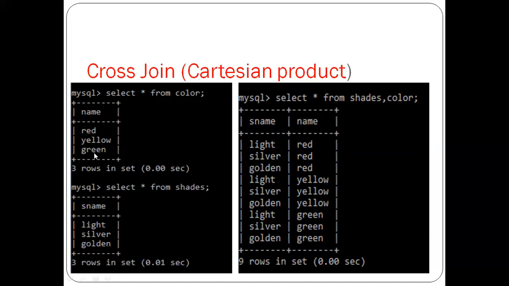Here it has three records and it also has three records. After the join, the number of rows from the first table and the number of rows from the second table will be multiplied.